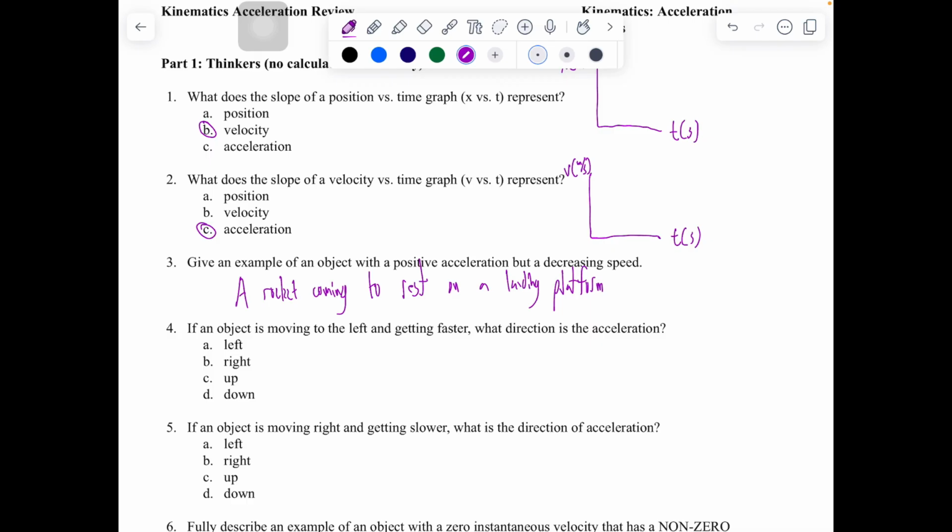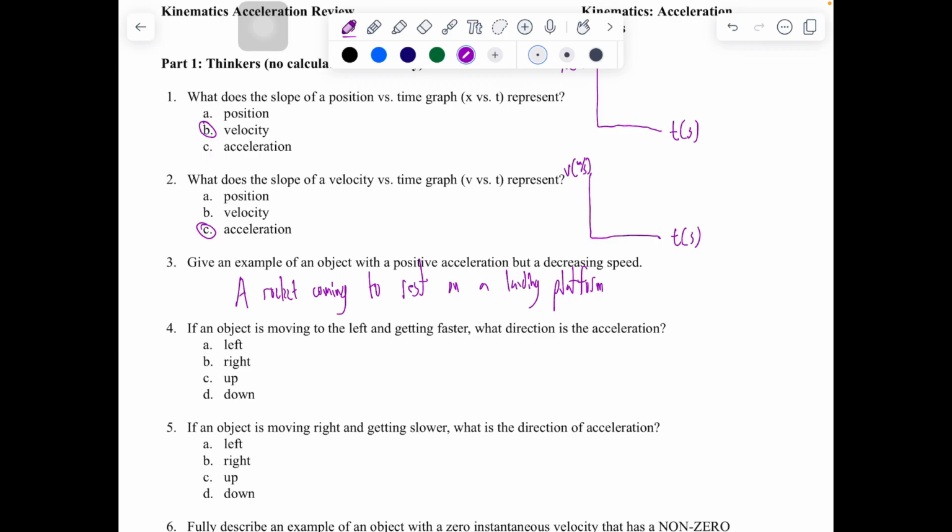It's slowing down, that's that decreasing speed, but that positive acceleration, since it's moving in the negative direction, it has a negative velocity, that means it must have a positive acceleration to actually be slowing down. So any object that's moving in the negative direction would have a decreasing speed as long as it has a